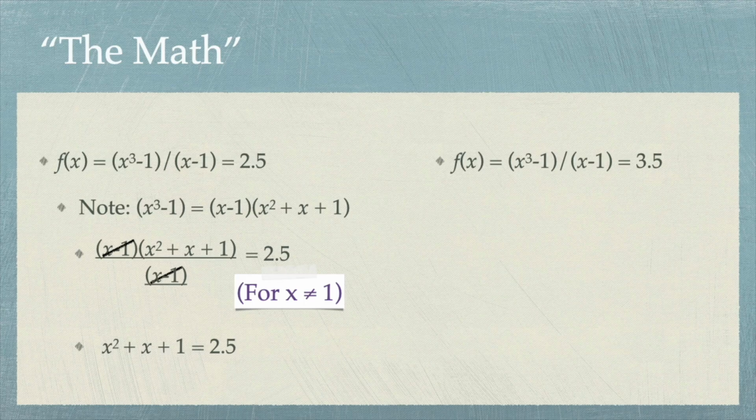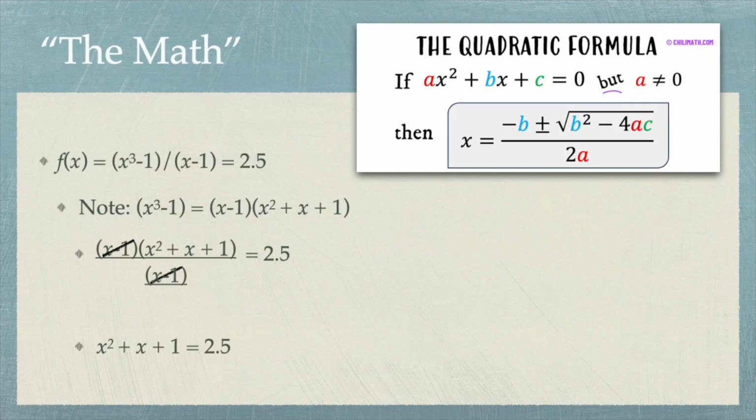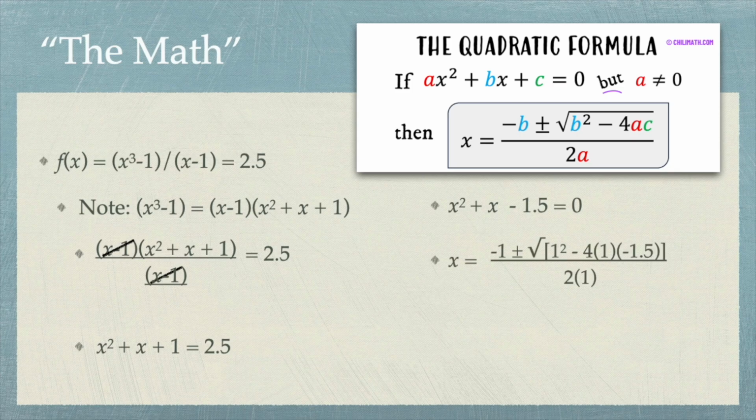Remember how to solve quadratic equations? We have to use the quadratic formula. And here it is in case you forgot. Notice, the expression that we have must be equal to 0. So we're going to subtract 2.5 from each side so it gets equal to 0. And then, using the formula, we get that x equals